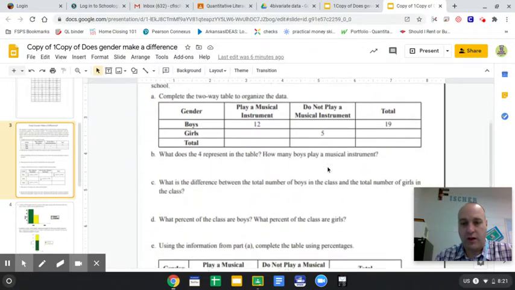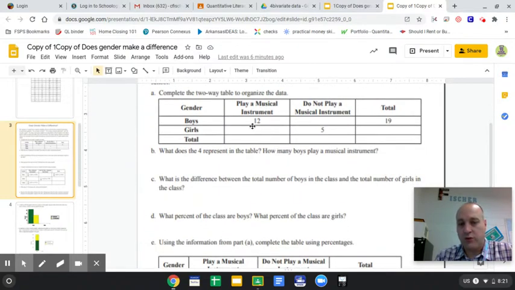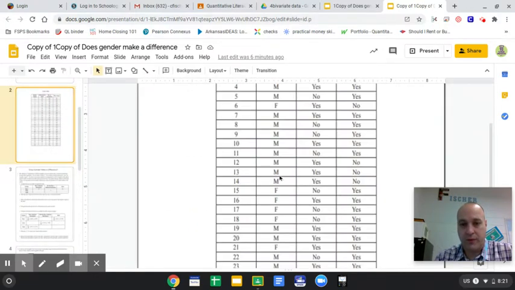So if you look right here, there were 12 boys who played a musical instrument, and they've already got some of it filled out for you. So this one, there's 19 boys in the class. So if 12 played an instrument, how many don't play an instrument? It would be 7. Now, to figure out how many girls play an instrument, you go over here,